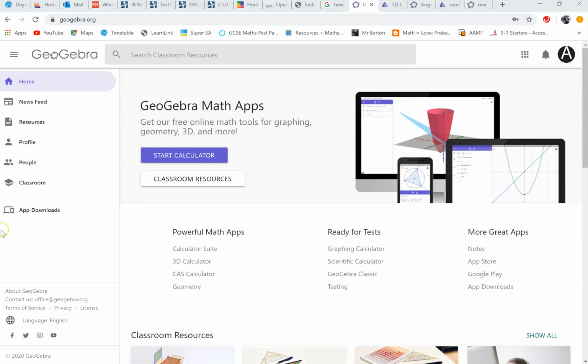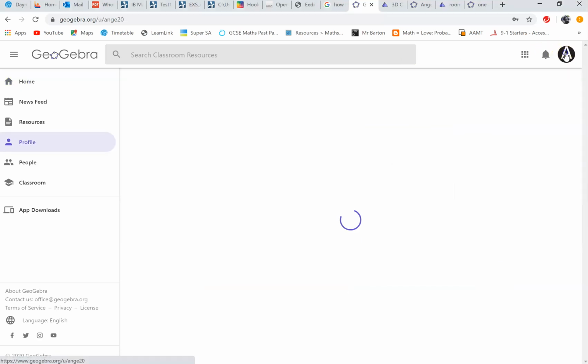Okay, so if you could Google in GeoGebra, we want to go to the 3D calculator. Now I've actually signed in and I've created an account just because I want to make sure that I can save my work. So you might want to do that, suss it around, go back to the home page and create your account. So I've got mine over here,